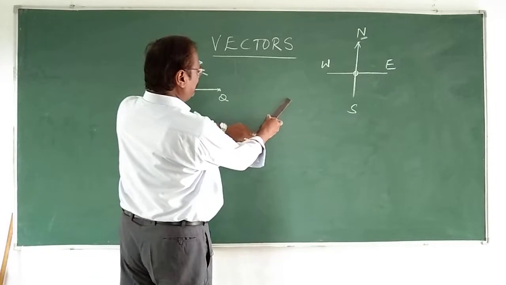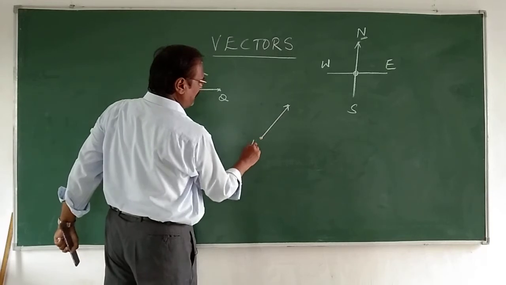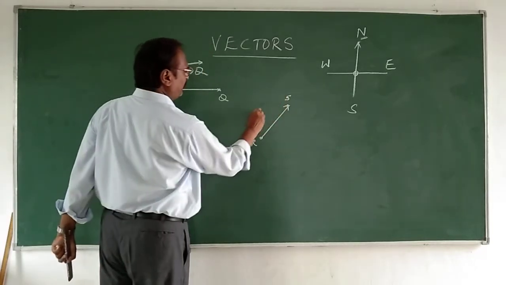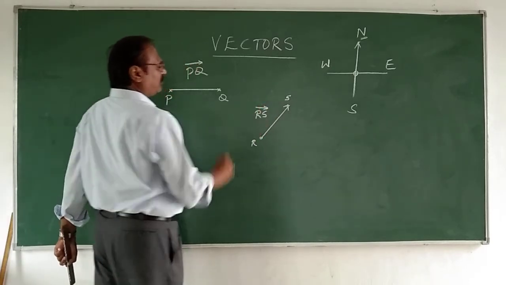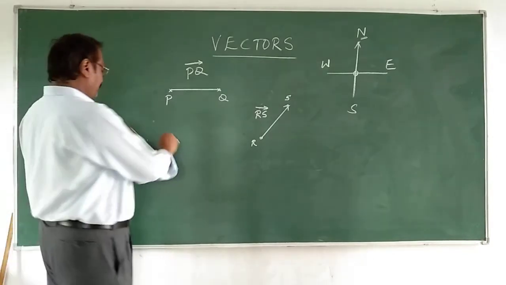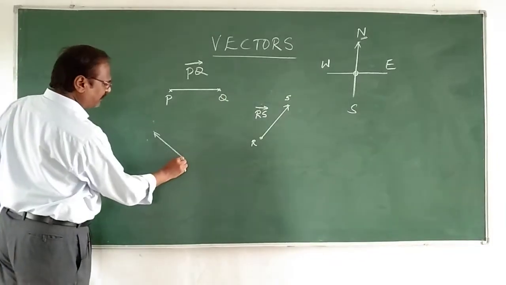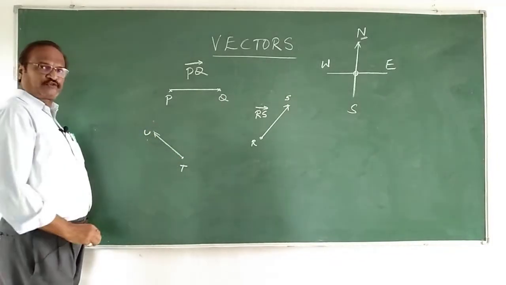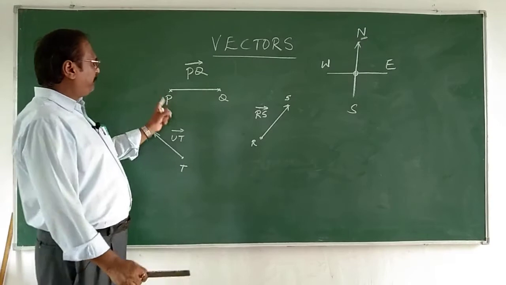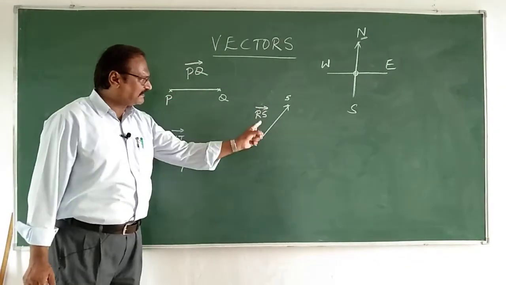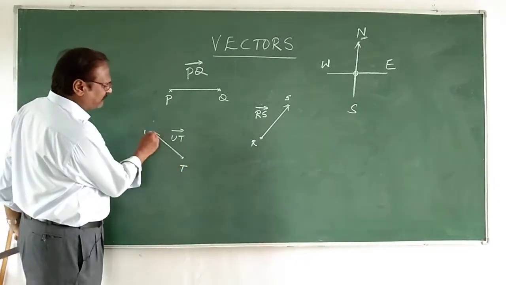Now I can take, for example, something like this. Let us say this point is R and this is S. RS is a vector quantity. You don't draw it like this; on top you only draw an arrow like this. For example, I draw one more, let us say like this, going in this direction. UT is a vector quantity. And watch carefully, PQ vector, RS vector, UT vector can be any vector, fine, but the direction is given very specifically.